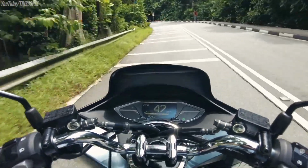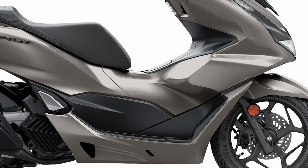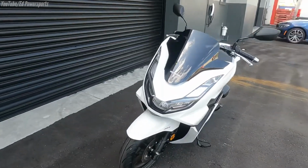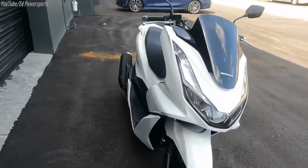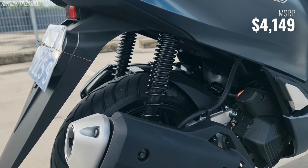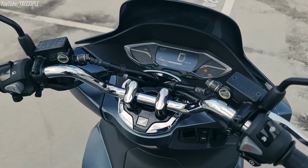It returns for this year with no mechanical changes, but we do see a new color being brought to the table with matte brown metallic to replace pearl white from last year. Now, since there were no real changes, there's no price increase, right? Nope, it sees a $250 price bump for this year, and the 2023 PCX 160 starts releasing to dealers in